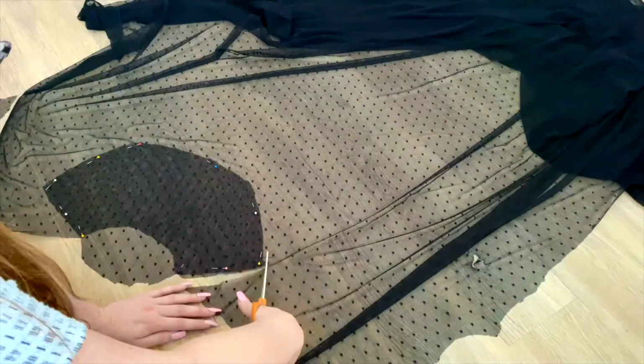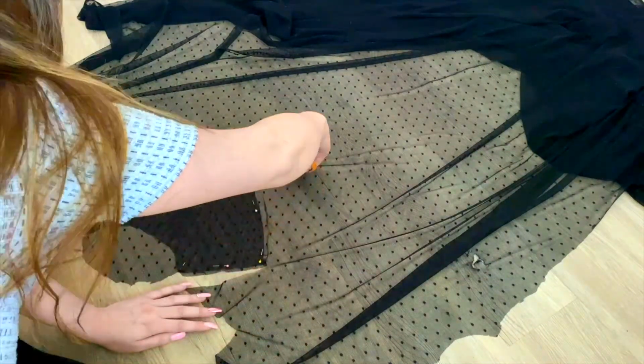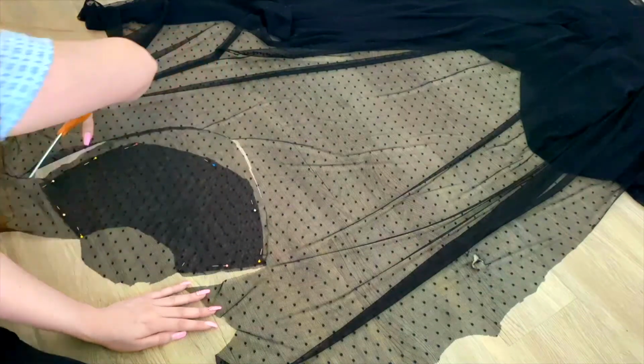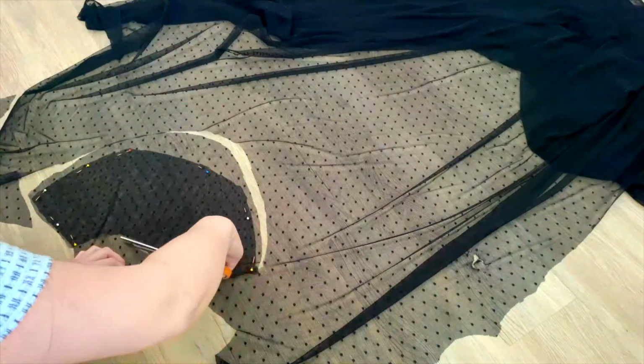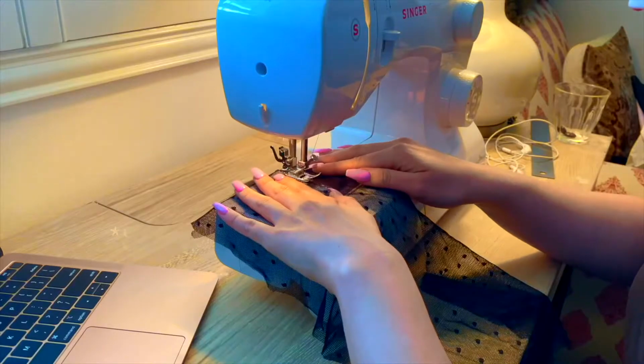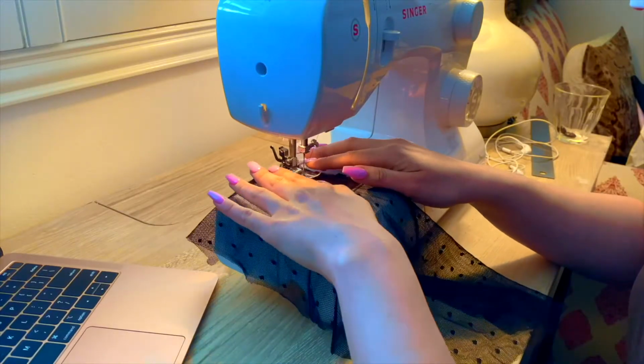You'll notice that I made one piece slightly longer than the other, and that is because the back portion of this particular bodice collar piece dips down lower in the back than it does in the front. Once I had both pieces cut out, I took them to my sewing machine and I cut diagonal stripes connecting every other row of polka dots